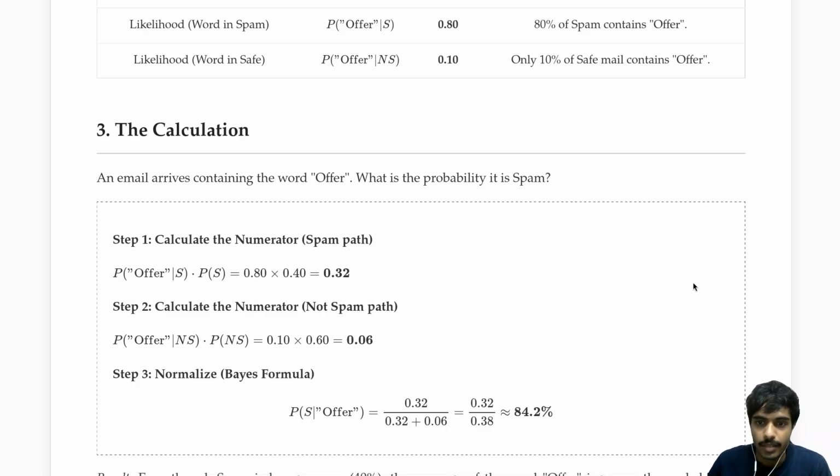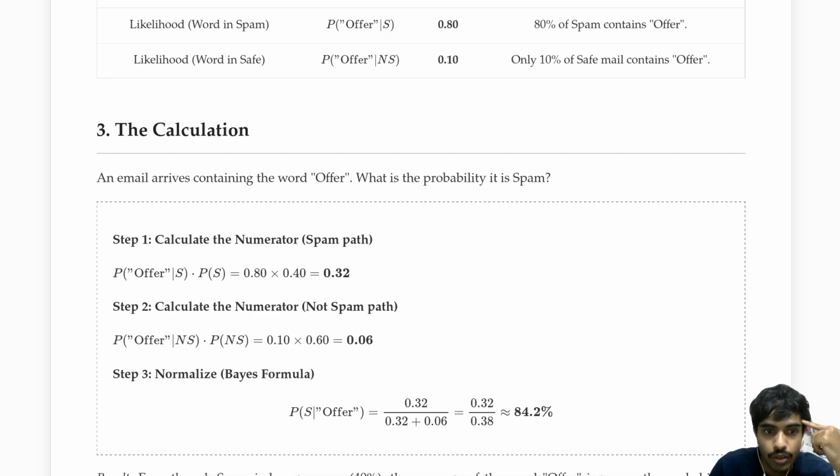So now an email arrives. It has the word offer inside it, right? So let's just calculate the spam path of it first. Here we see the likelihood. Let's take the likelihood as 0.8 times prior 0.4, and that gives us 0.32, right? Next we calculate the not spam path. The likelihood 0.1 times the prior 0.6, that gives us